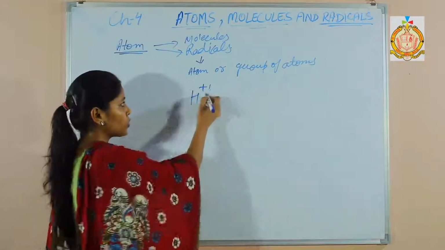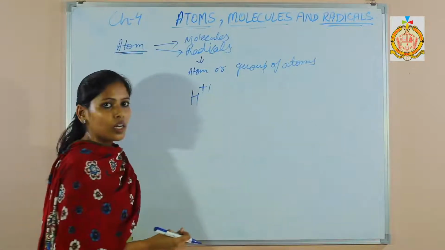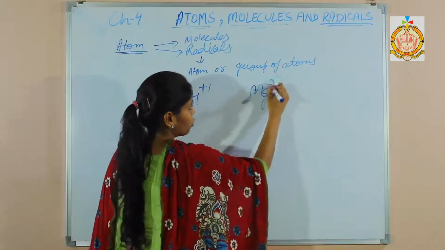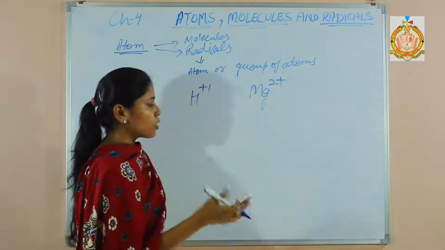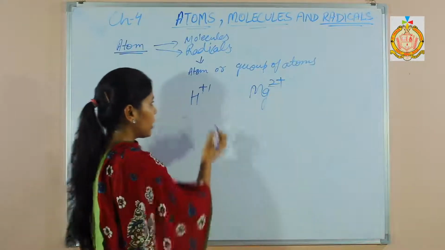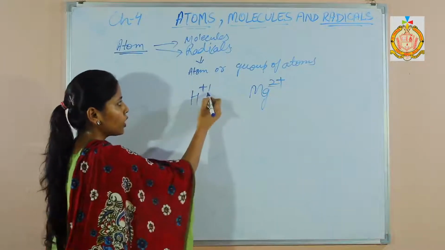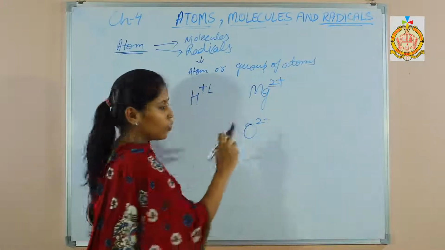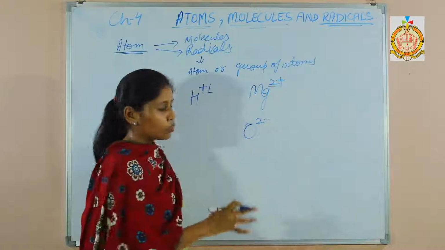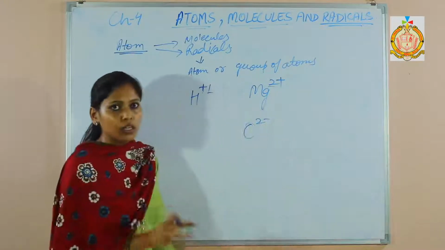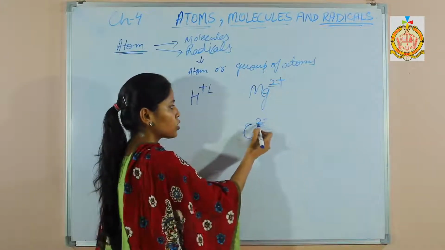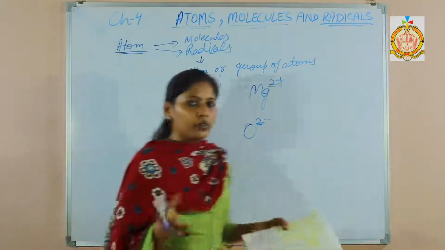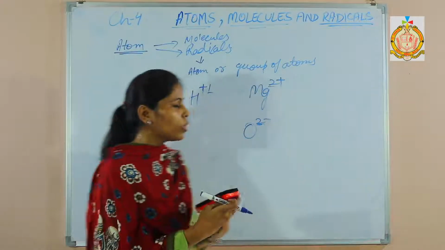What is the charge present on it? That is the valency of a radical. Here magnesium is 2 positive, so the charge is 2 positive and its valency will be 2. Here the charge is 1 positive, so the valency is 1. Next, O2 negative radical, valency is 2, like this. Whatever the charge present over there, don't represent the charge, just write the numeric, that will be the valency of a radical. And when radicals combine, they form compounds.